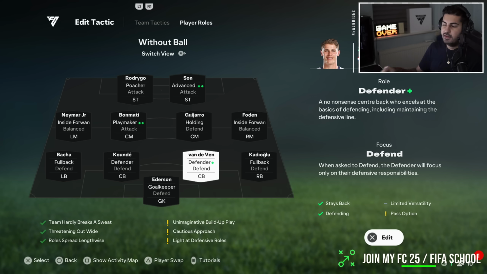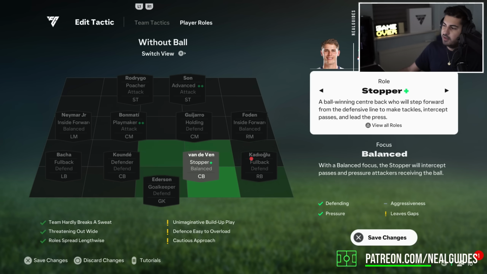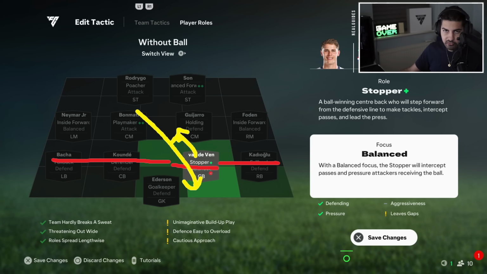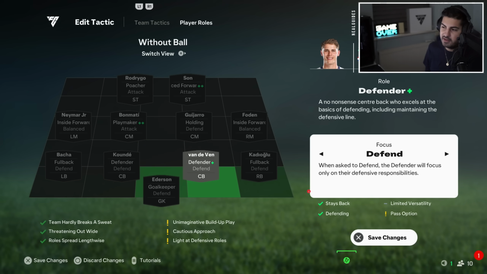Because sometimes, let's say this player is, let's say Van der Ven, could for example play a stopper plus, right? You don't want, for example, your centre back pushing out from your defensive line. You make a massive gap, your opponent exploits it, then you're in trouble. It's better to leave them on defender, even if they haven't got the play style, and be aggressive yourself. At least that way, if you concede,